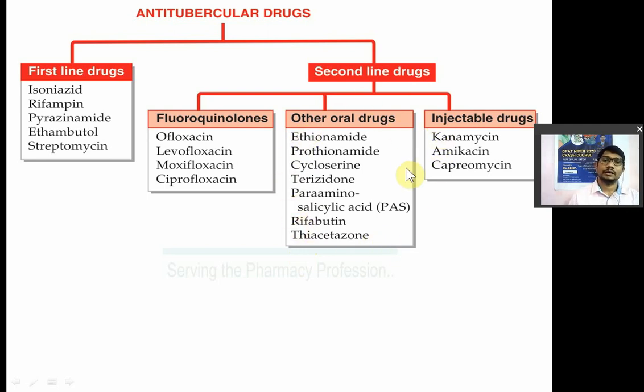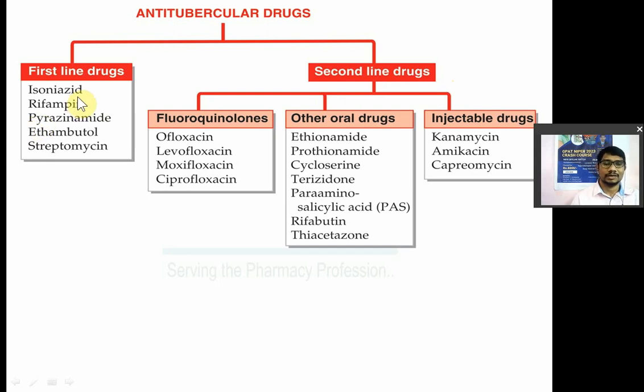TRP. PPT से TRP. In the second line drug, injectable drugs: kanamycin, amikacin and capreomycin. So kanamycin, amikacin and capreomycin, these are aminoglycosides. They are used injectably. First line drugs have high effectiveness and less toxicity. Second line drugs are less effective and more toxic. तो सेकंड लाइन ड्रग होते हैं जिनमें टॉक्सिसिटी ज्यादा है।